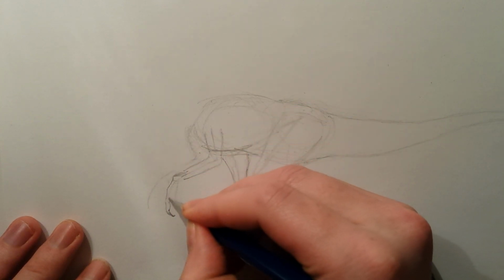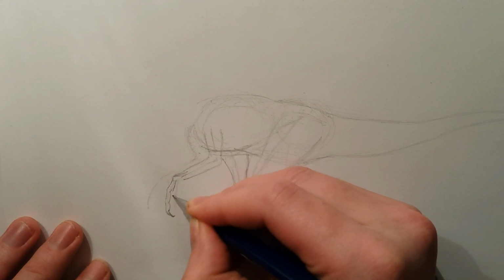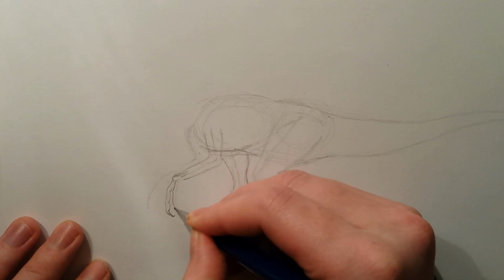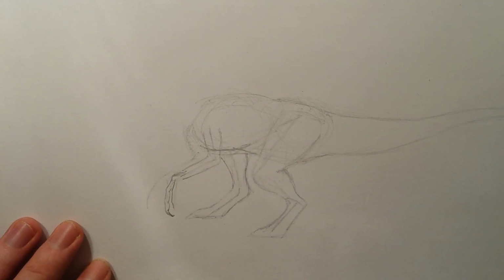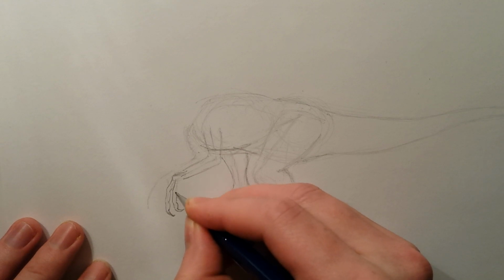1, 2, 3, and then the other one goes like that. 1, 2, 3, and this one's also a little bit shorter, I guess. Just a tiny bit shorter. It's like his pinky, and then a claw attached to it again, and then the padding underneath his hand,